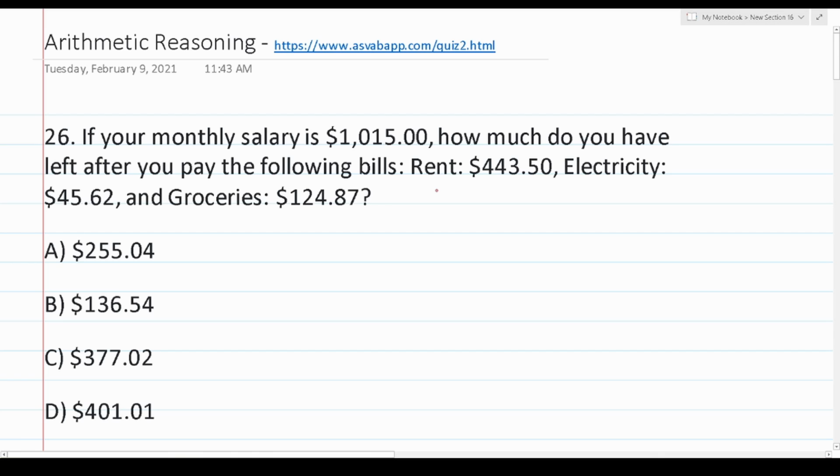It's just testing your ability to add and subtract decimals, which is something you have to know how to do for the ASVAB. So what I'm going to do is add up all these bills, and then once I get that total, I'm going to subtract that amount from our monthly salary. So again, as far as bills go, we have rent in the amount of $443.50. Electricity, according to the problem, is $45.62, and groceries are